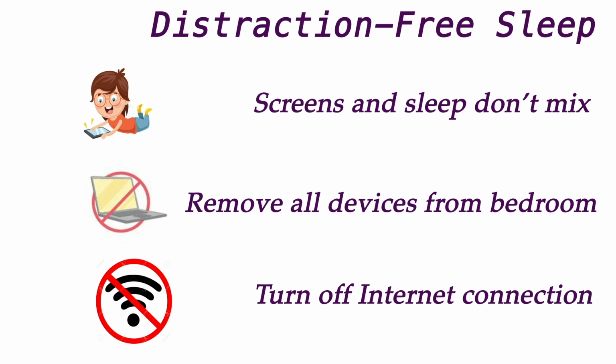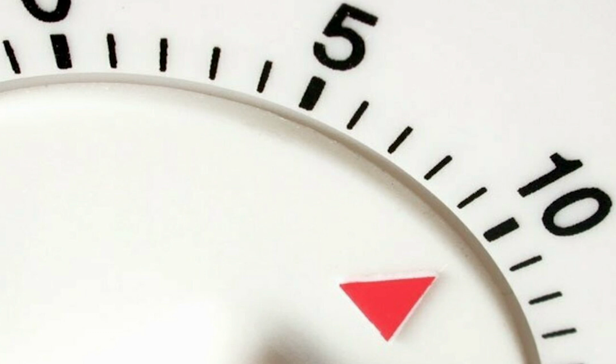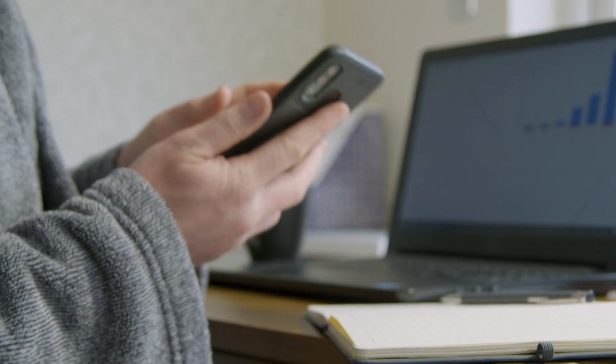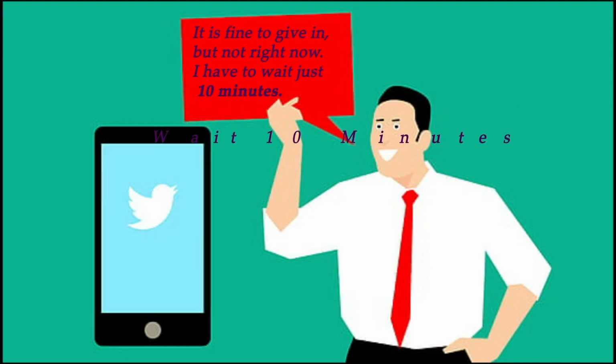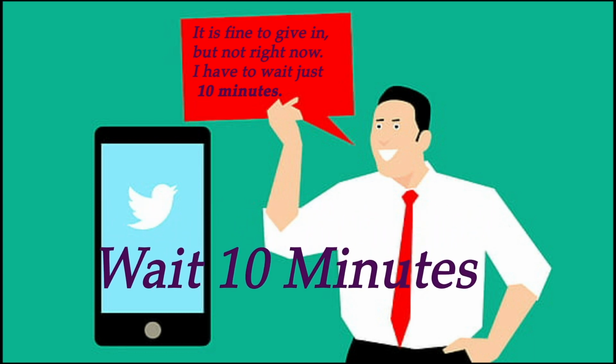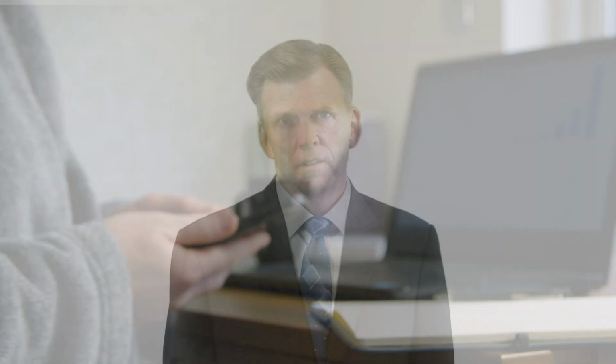The book is loaded with tips like these. However, what happens if we've used all these strategies and we are still distracted? A great strategy for dealing with distraction is called the 10-minute rule. If I find myself wanting to check my phone as a pacification device when I can't think of anything better to do, I tell myself it's fine to give in, but not right now. I have to wait just 10 minutes. If we still want to perform the action after 10 minutes of urge surfing, we're free to do it, but that's rarely still the case.